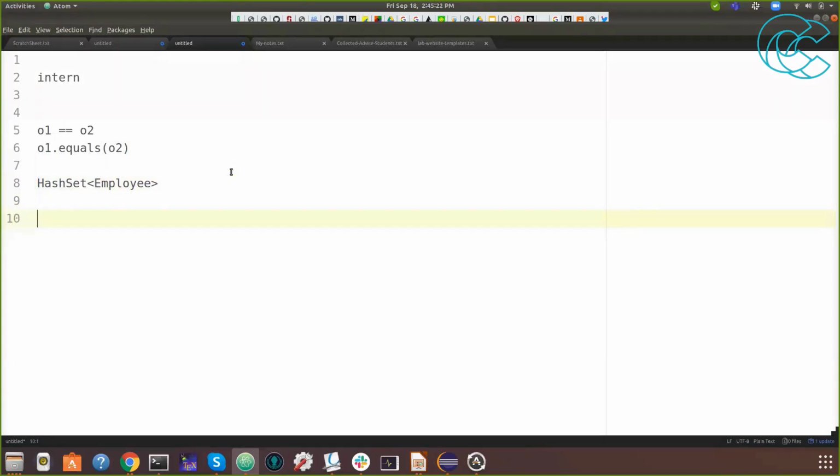I wrote the int hashCode, and inside that I wrote return employee.name.hashCode. So the hash code is the name. Yeah. Okay, so in this case, you are